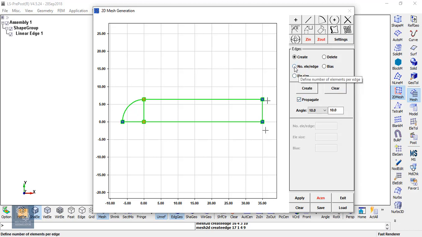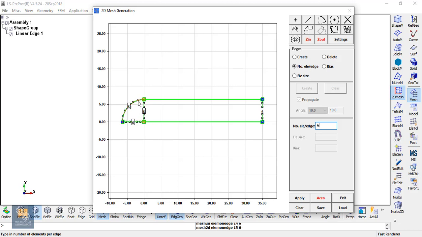The number of elements that are to be there on a single edge can be given by selecting number of elements per edge. Since the radius of the bullet is 6.35 mm, I would like to give the number of elements per edge to be 6.